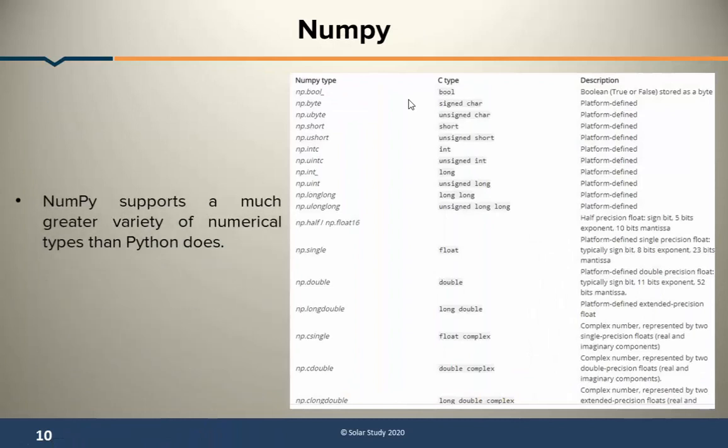Then NumPy. NumPy supports a greater variety of numerical types. If I want to use boolean, at that time I can use np.bool. I can use byte, character, unsigned integer, long, double, float, whatever I want. If I also want to use logarithmic, exponential and so on, then I have to use the NumPy library.